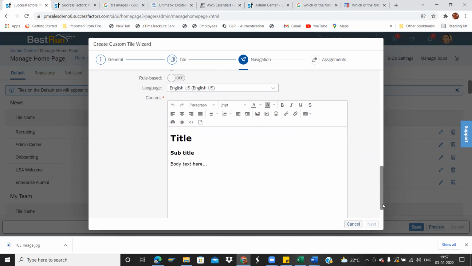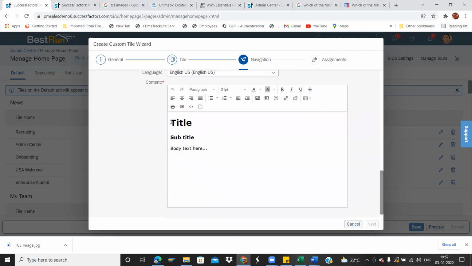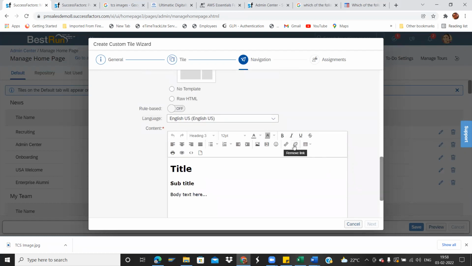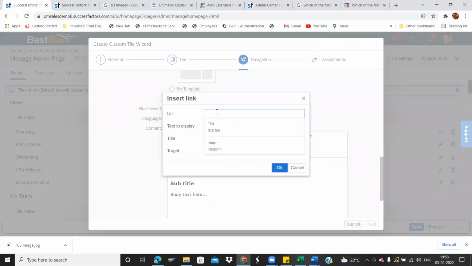And then here you can type a message, or I want to give my company link basically. So here insert or edit link is there. I'll be mentioning www.tcs.com. I'll mention here Tata Consultancy Services.